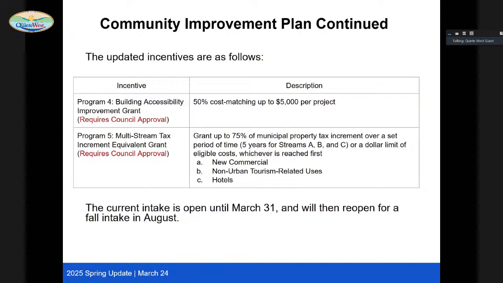This grant is for significant developments, so that's why we do require that one go to council. But as I had mentioned, we have received 11 intent to apply forms, which is a great start for our new program. This current intake is open until March 31st, and then it will reopen for a fall intake in August.